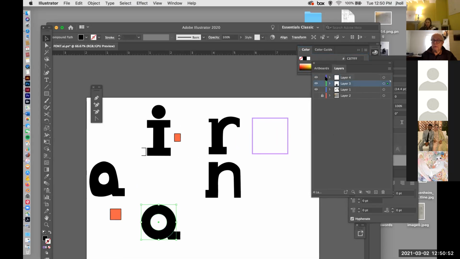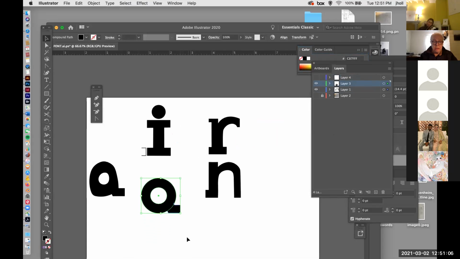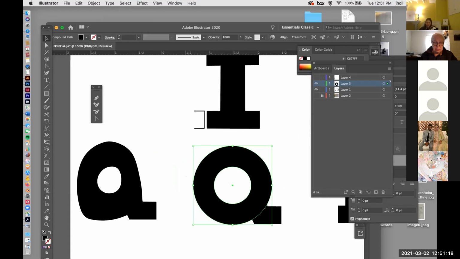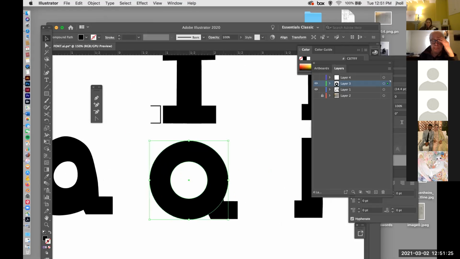This should be, organize my layers. Click that off. Okay, so we're getting somewhere here. But that looks like a Q, not an A, right? So what we need to do is go back to what you did over here, which is this is trying to be a straight line. So let's make that a straight line